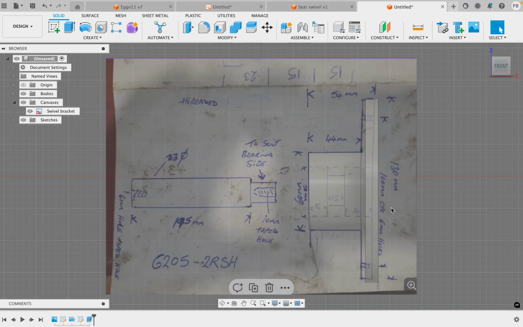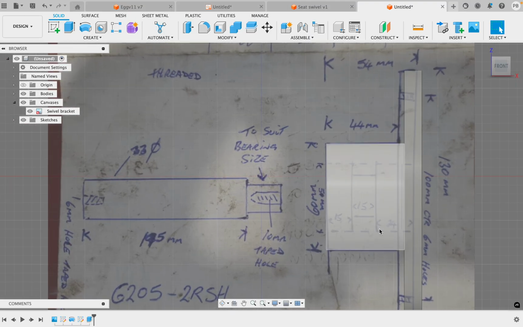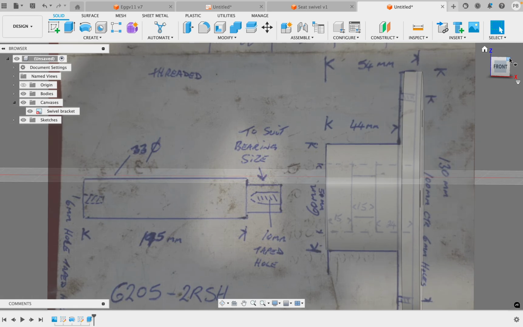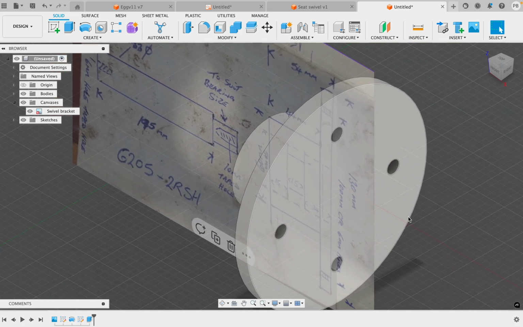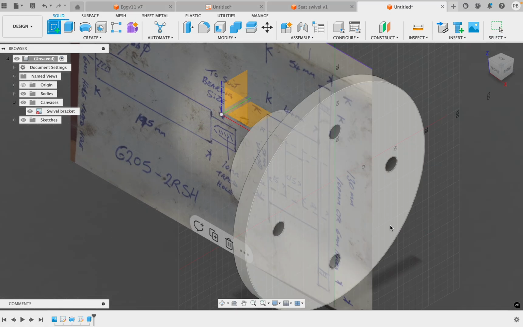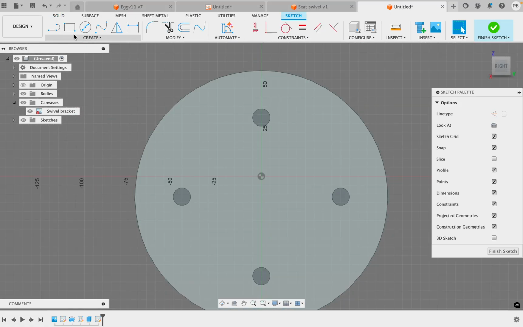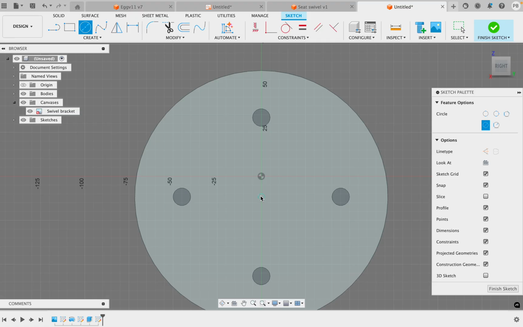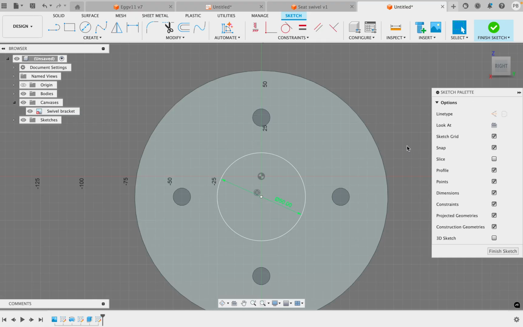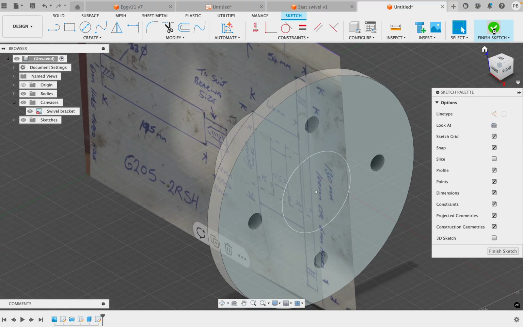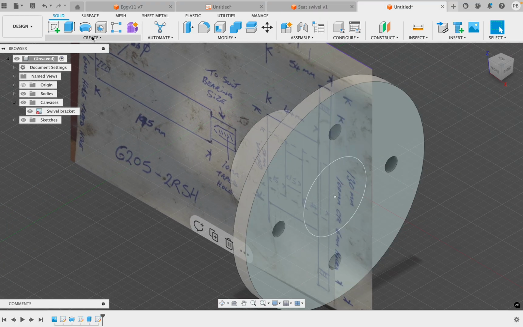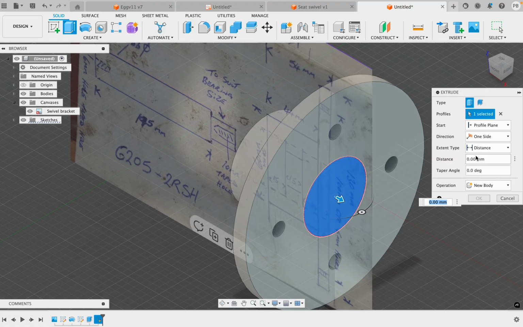So just referring back to our diagram, we need to come in 24 millimeters from the end and 15 from the back. So I'm going to come back here. I'm going to create a new sketch. I'm going to draw a circle from the center that is 50 millimeters, finish sketch, extrude this point back the 24 millimeters,